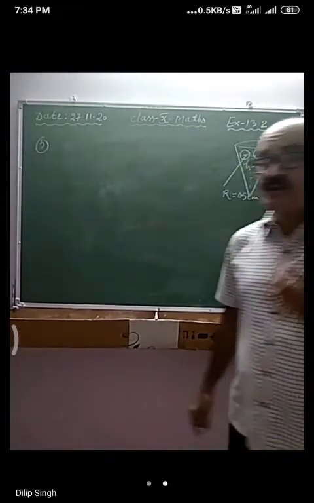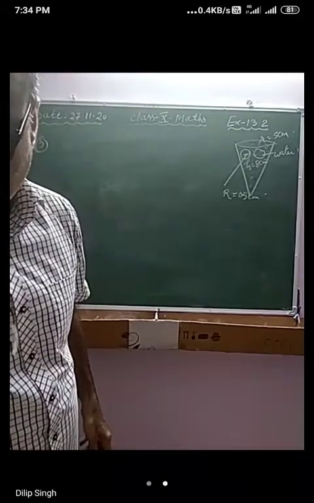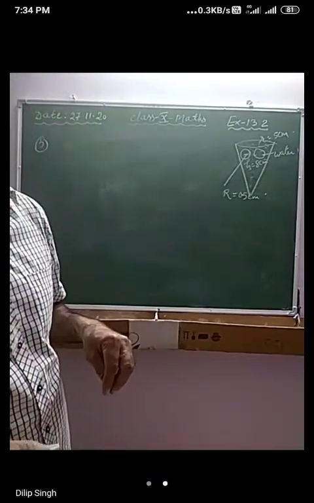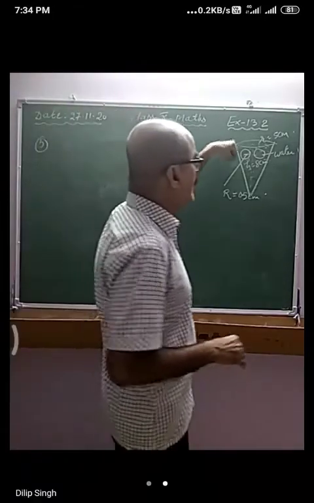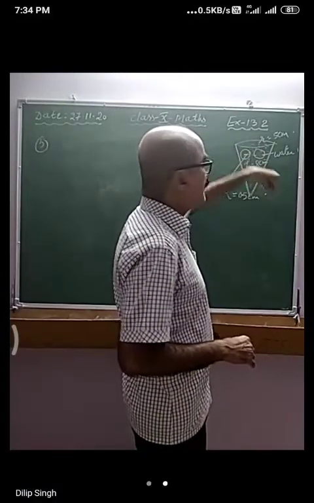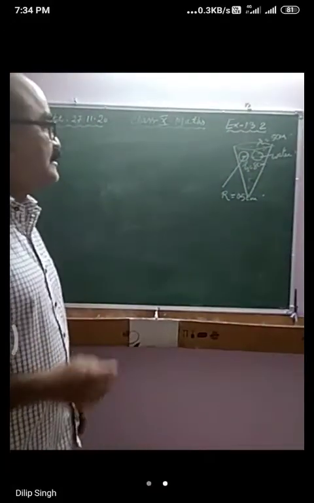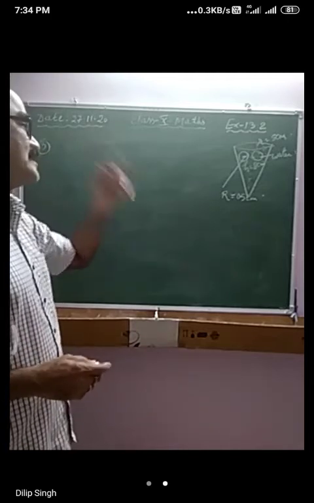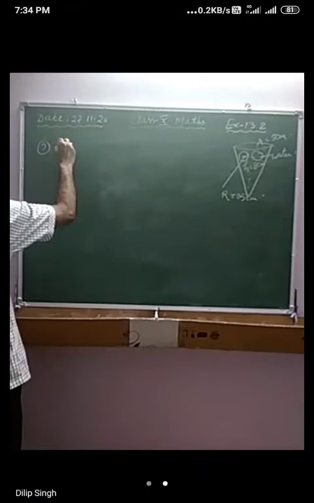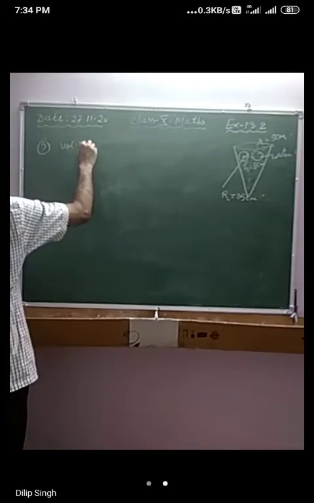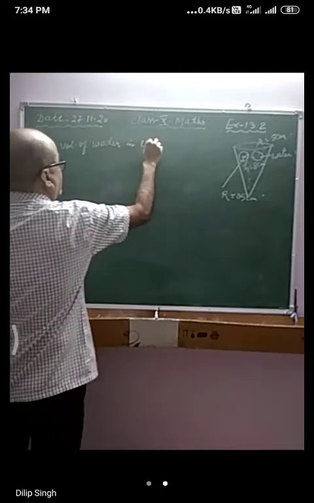So what you need to find? You need to find how many balls are dropped into this vessel. मतलब आपको कितने सारे बॉल इसमें डालेंगे जिससे कि 1/4 of water will come out, which flows out from this vessel. So first of all, find out the volume of water in the conical vessel.